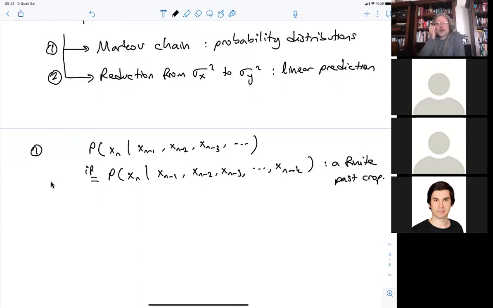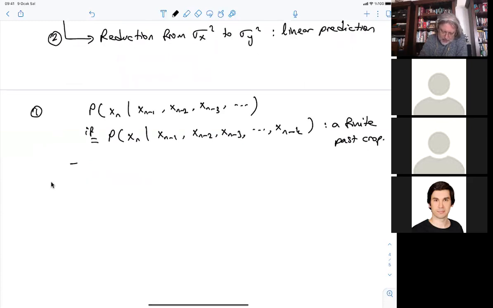You crop only past k samples. Only these are contributing to the probability mass function of the current sample. We are using only k samples. Then, if this equality holds, we can say that we have a kind of a Markov k structure,